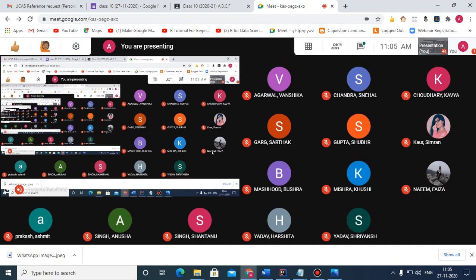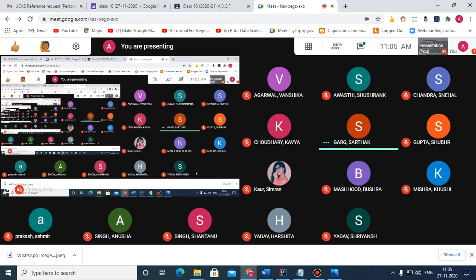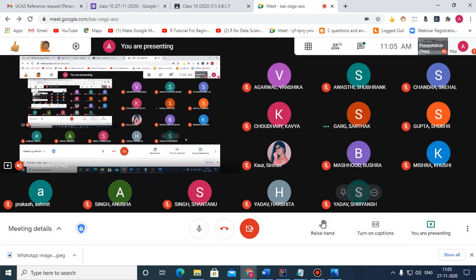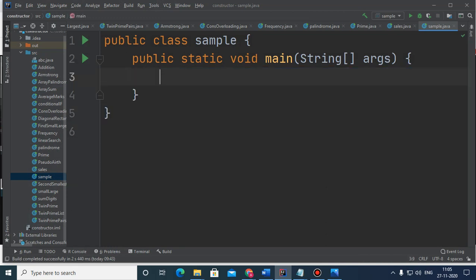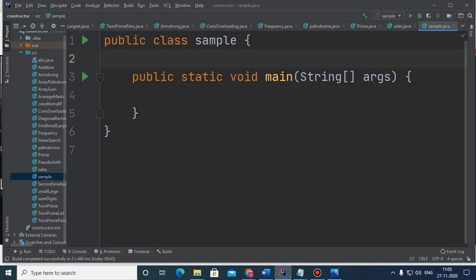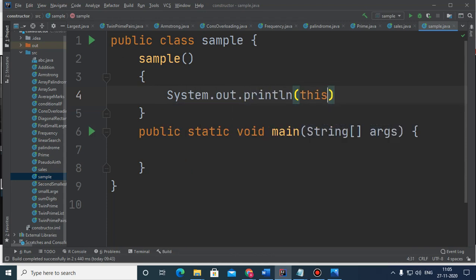Sarthak Garg. It stores the value of the current calling object. So one example of this keyword I would like to show you. Here you can see that this is the constructor, default constructor, and in this I am simply printing this,